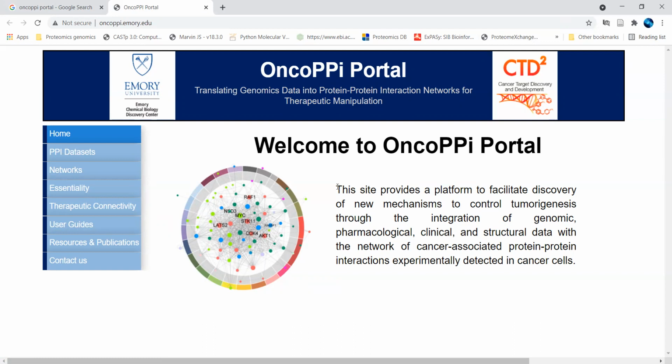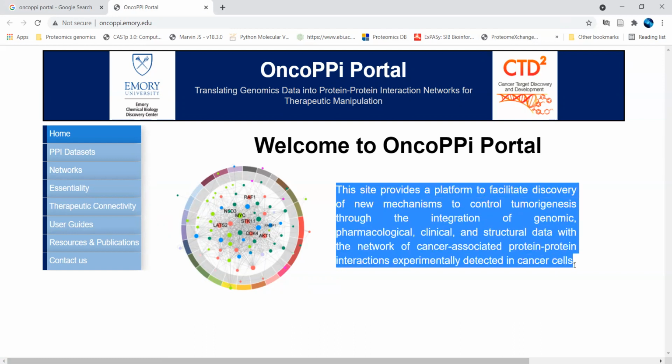Here you will find a little glimpse of what this portal will be useful for. It is for researchers working in the field of cancer who are interested in designing interaction networks in the form of systems biology, and moving ahead with genomics-based analysis and integrating it with clinical data, so that they can find actionable targets with experimental validations of that particular drug, and also get the clinical evidence for the same.